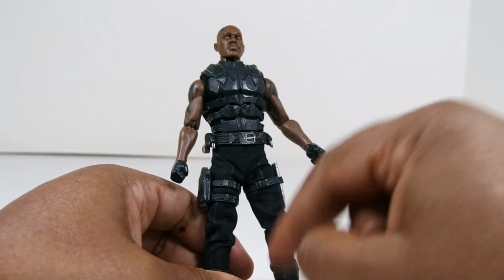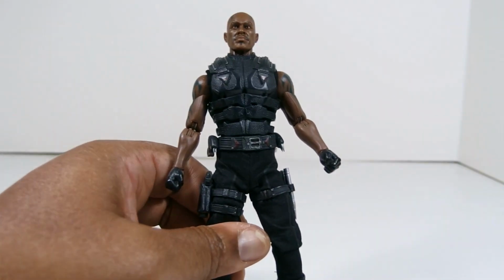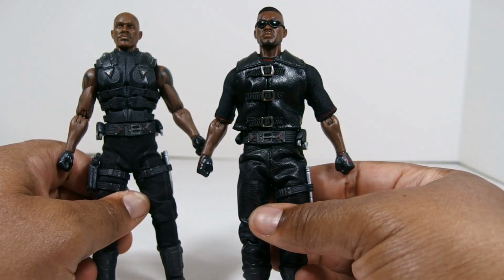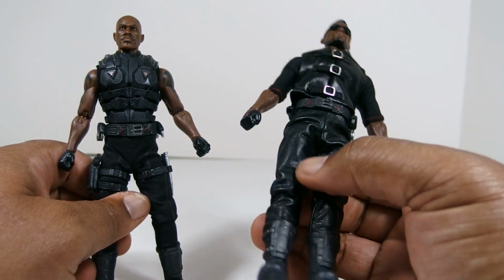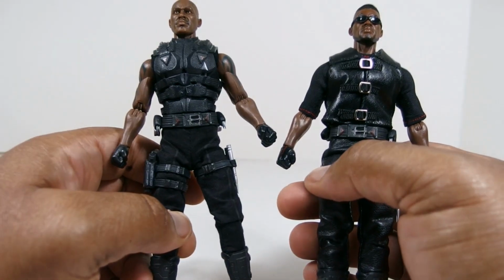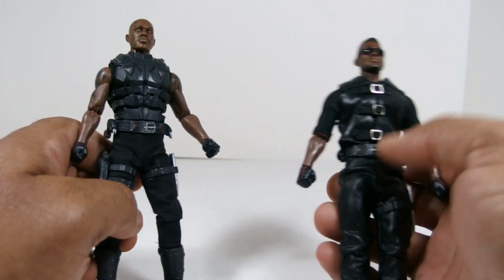I actually like this soft goods version, because I always felt the pleather on the first version would deteriorate over time, and I feel like the fabric will last a lot longer. And plus, it's kind of like, this is Blade 1, this is Blade 2. Don't mind this